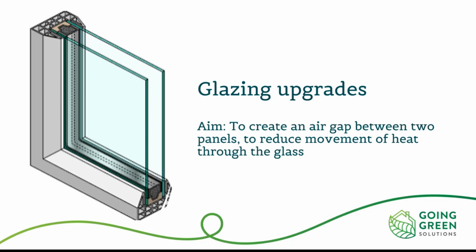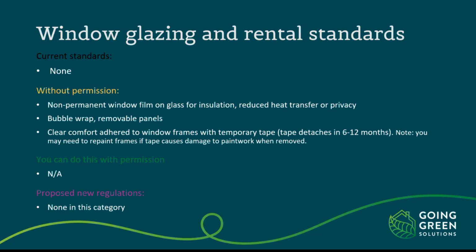With glazing, what you want to do is create an air gap between two panels, and that also slows down the movement of heat into and out of your home. There aren't any standards with window glazing in the rental standards. However, there's a bunch of things you're allowed to do without permission, such as, well, anything that is removable, basically,